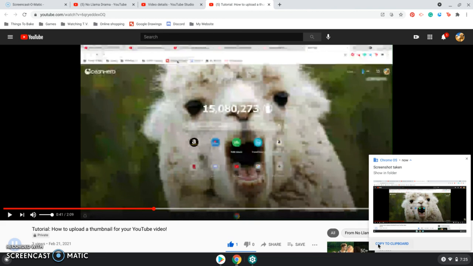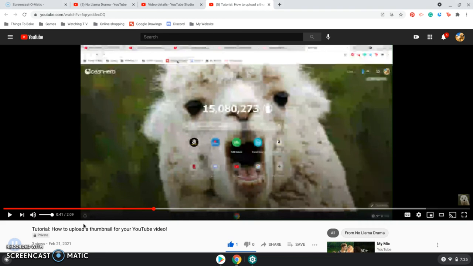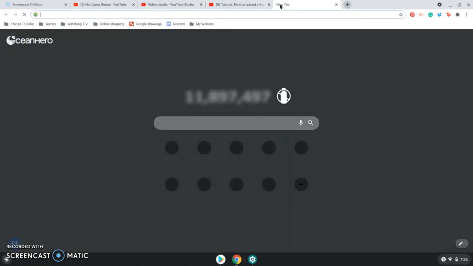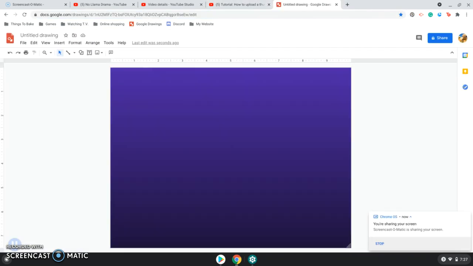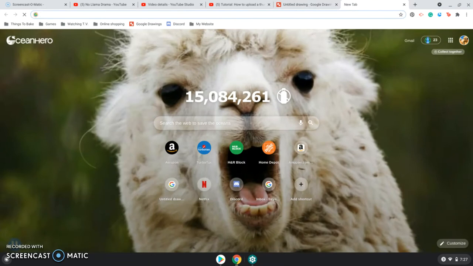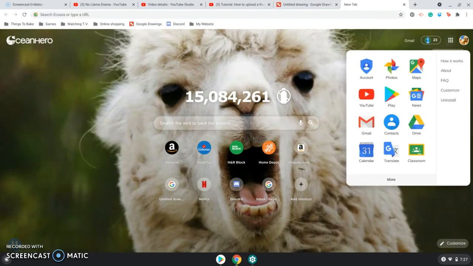So I hit copy to clipboard, and then I add a tab right here and go to Google Drawings. And also, to get to Google Drawings, if you don't have it as a bookmark, then you just add a tab and then you can go to the little waffle right here and then go to Drive,